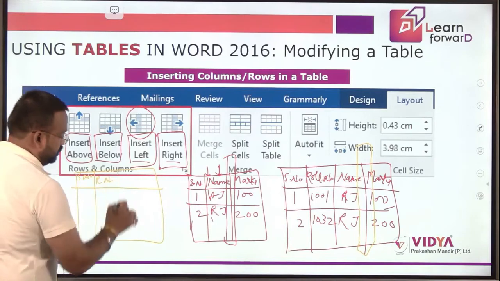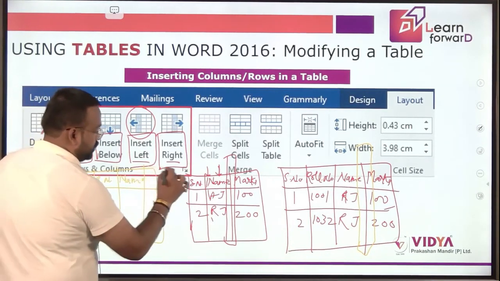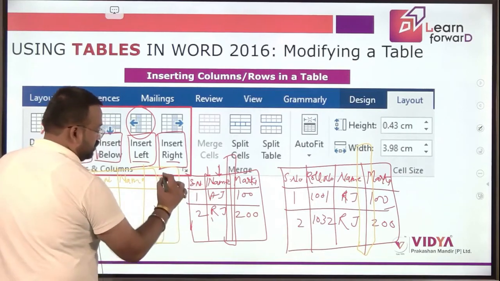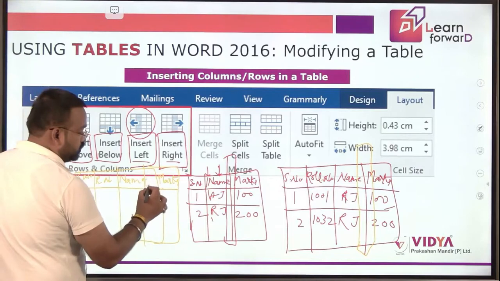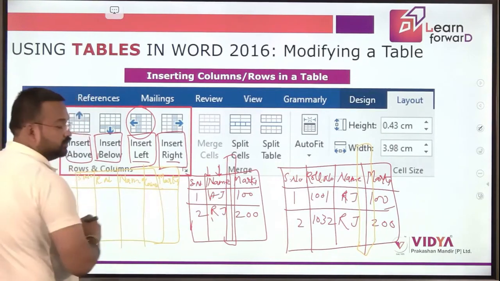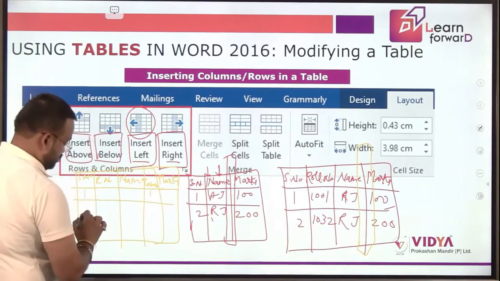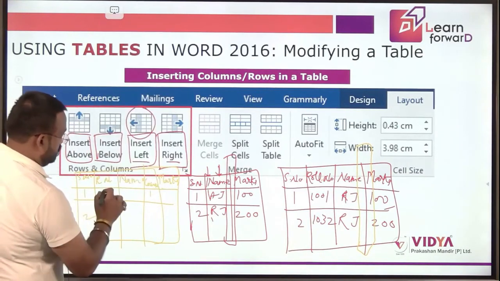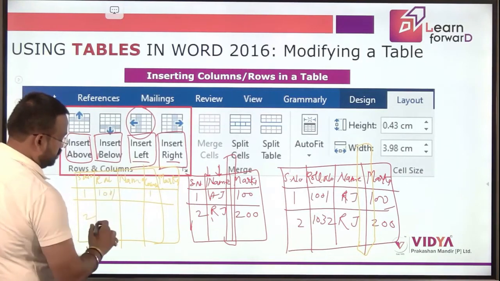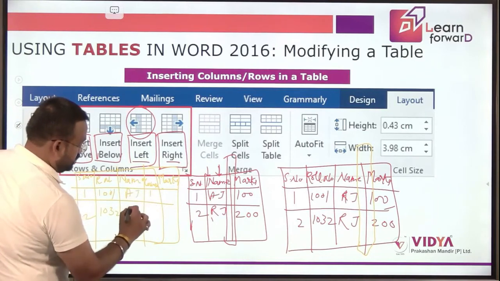roll number, name, over here it would be marks, and let's say we want to add the course. So that value you can provide, 1, 2, so this was 1032, name was AJ, RJ.